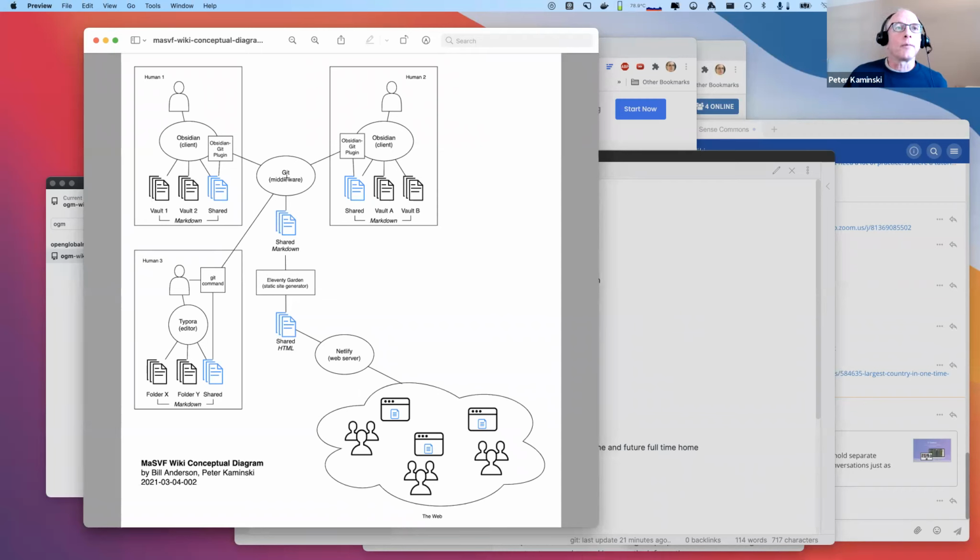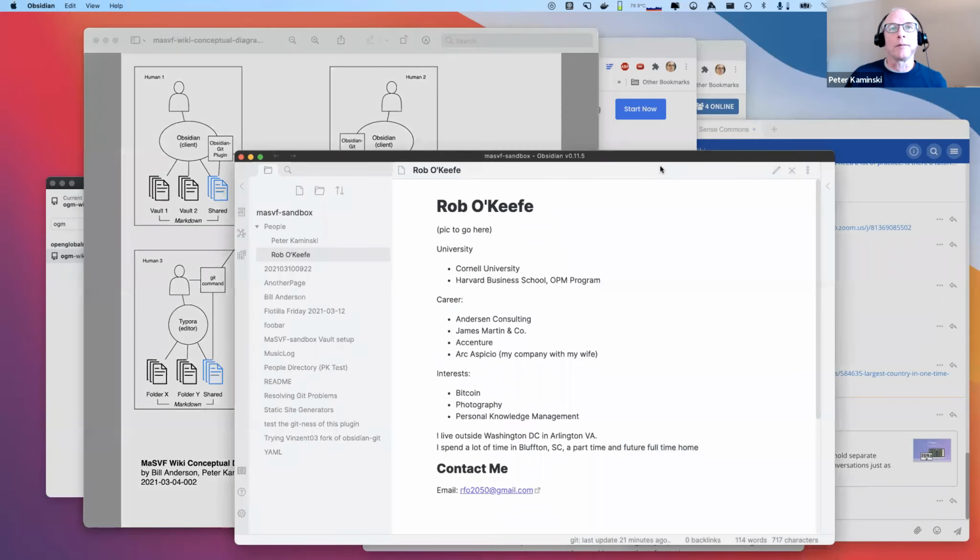But anyway, to answer your question, what you do is you open your Obsidian in the morning and you say, huh, there's a Pete page and a Rob page. There ought to be a Jerry page. Let me go make one. So you can do two things here, actually. You can just start making one, but maybe a good thing to do first, and I can kind of talk about this with the Git plugin,